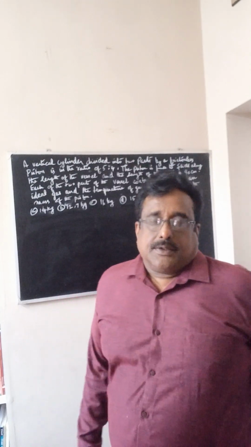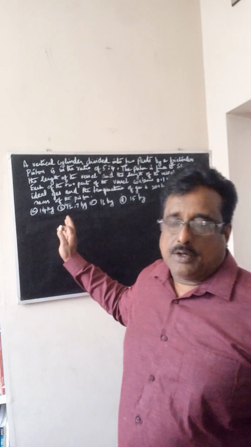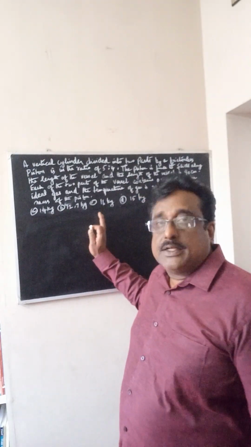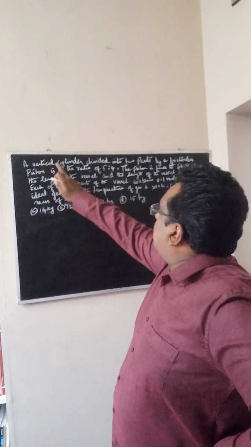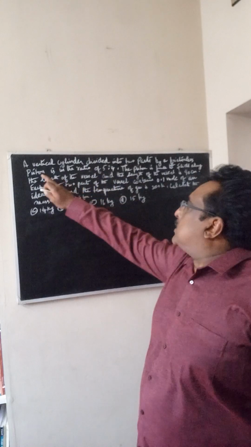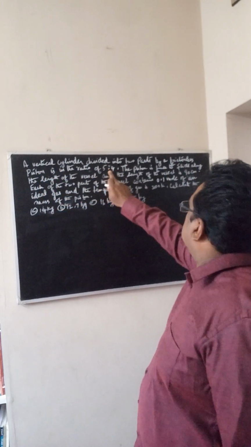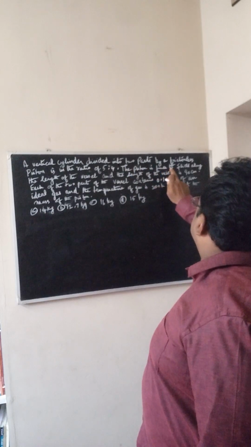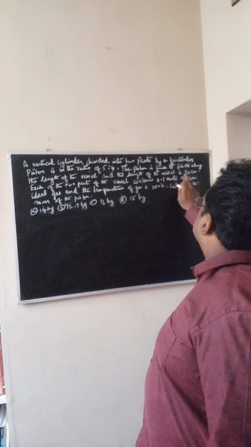Good morning. Today we are going to see an IIT, JEE or NEET question in thermodynamics. The question is, a vertical cylinder divided into two parts by a frictionless piston is in the ratio 5:4. The piston is free to slide along the length of the vessel and the length of the vessel is 90